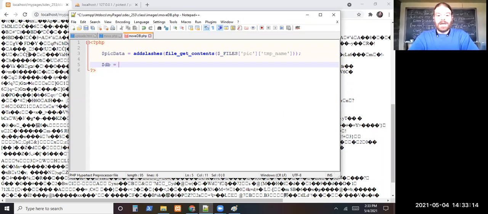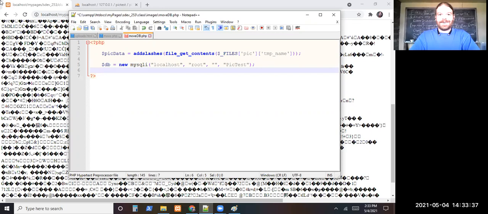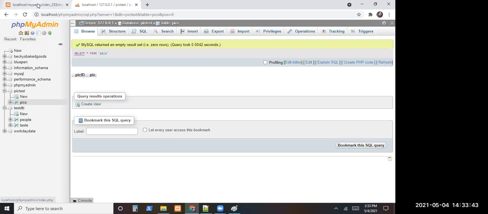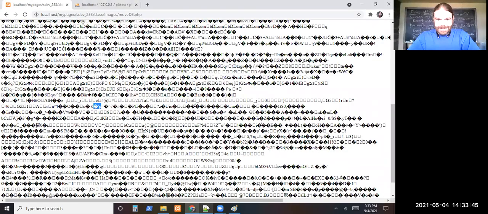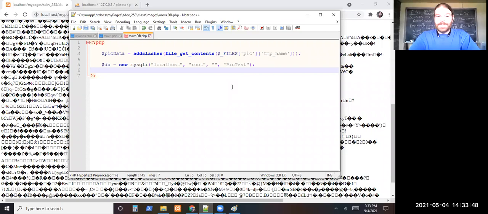So DB is a new MySQL. This is just a test one, so I'm just going to go right in. Go into localhost with root, a blank password, and did I call that pick test or test pick? Does anybody remember? I might have to go check. Pick test. Pick test. Okay. So we're going to open the database pick test, and then go